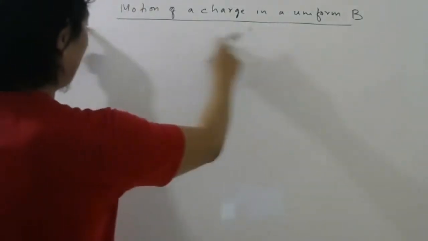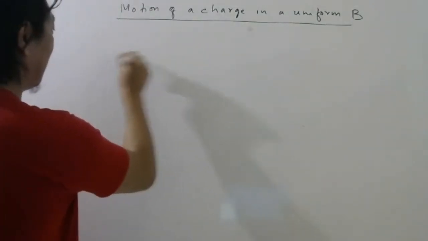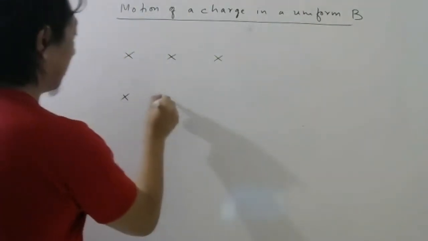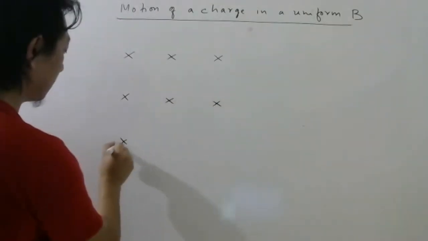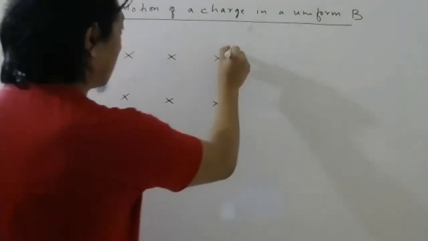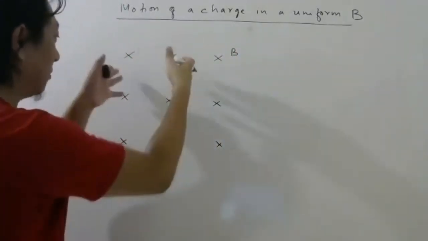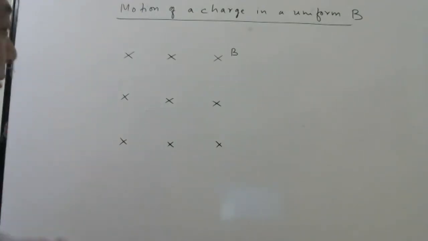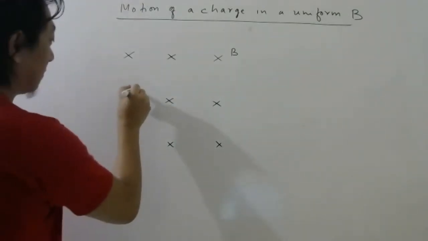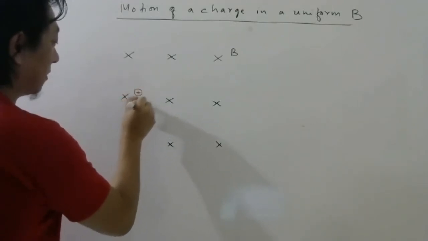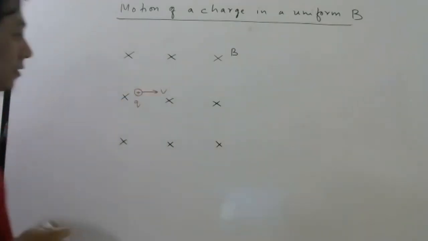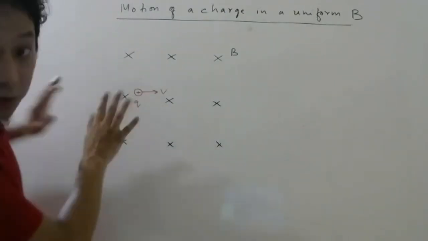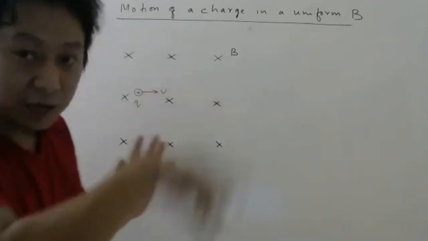So imagine in this space, I create magnetic field this way, uniform magnetic field. Everywhere magnetic field is constant. So this cross means magnetic field is inside the board. Okay. Now in this magnetic field, let me throw a particle this way. Charged particle plus Q this way. Okay. Now concentrate, see what will happen. Don't draw this diagram because first I will draw a rough diagram, then I will draw the proper diagram.